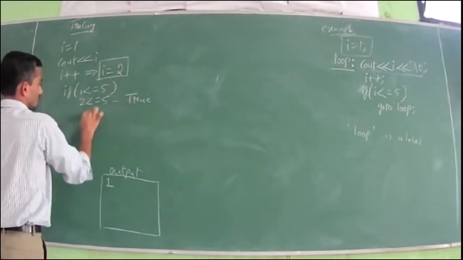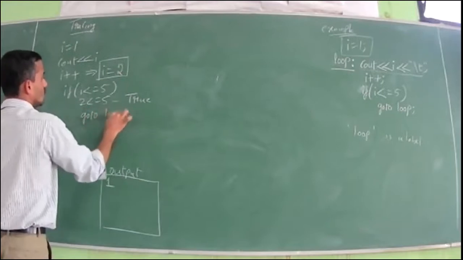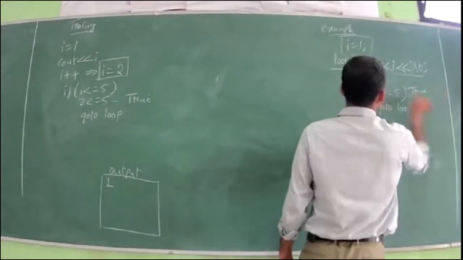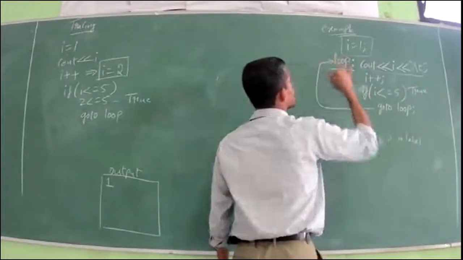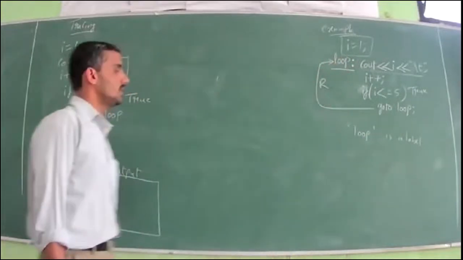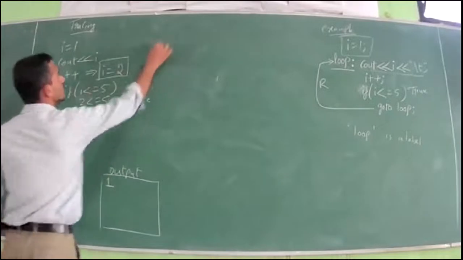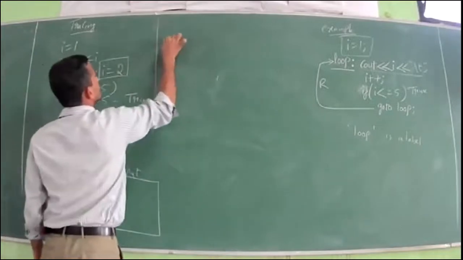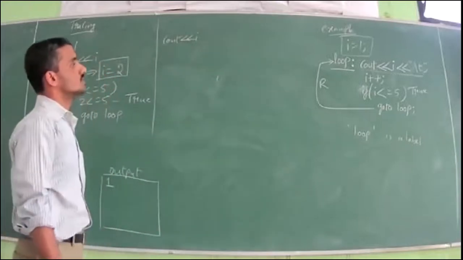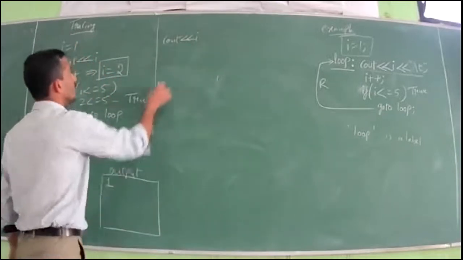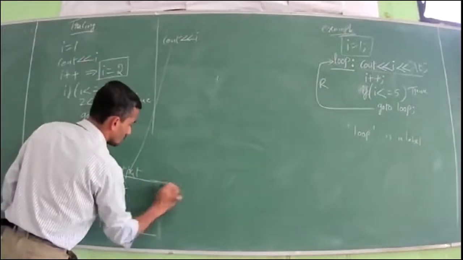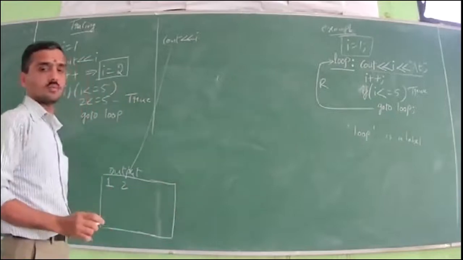So there is a statement called go to loop. Whenever this condition is true, program control is transferred back. This is nothing but repeat. When it transfers back, you need to start again from the cout statement. Don't start from i is equal to 1, just start from cout. So cout i, again you print the value of i, whatever is present, that is 2. It will print 2.